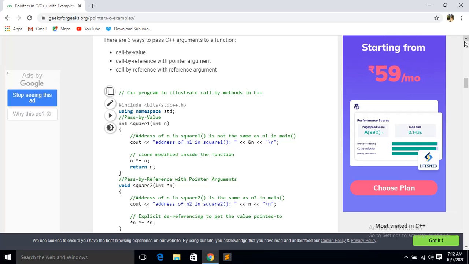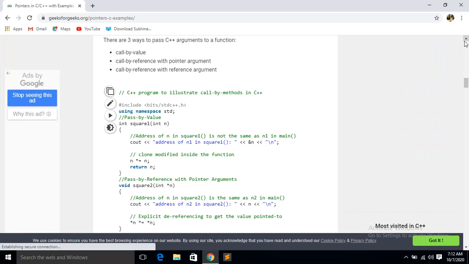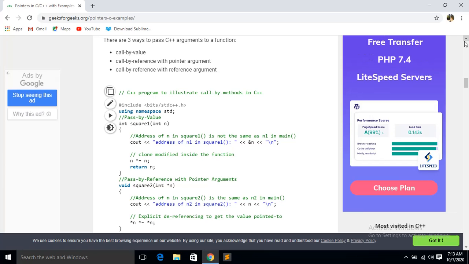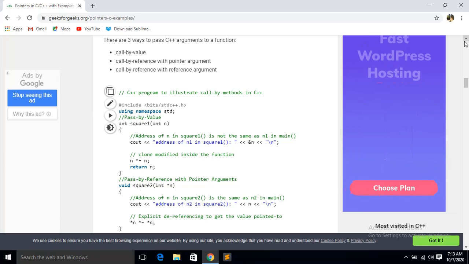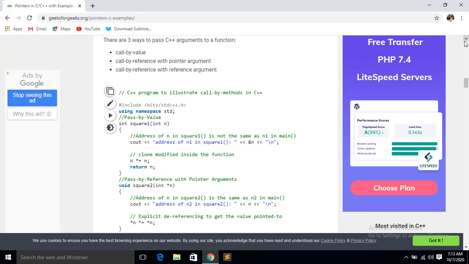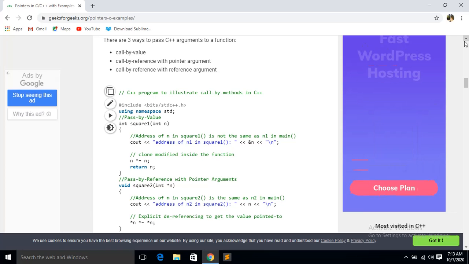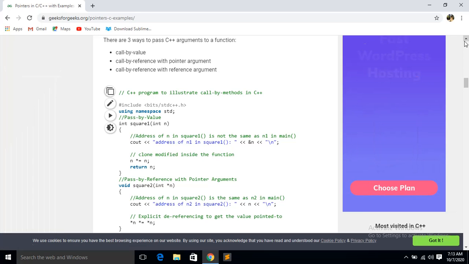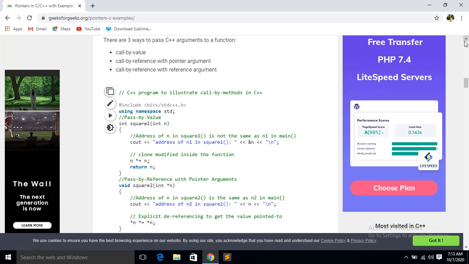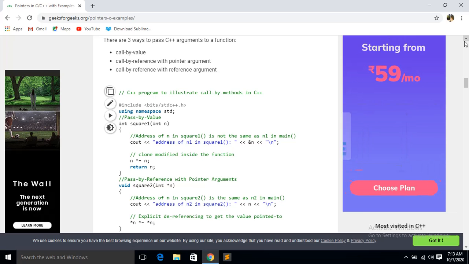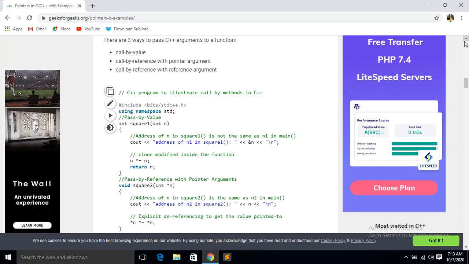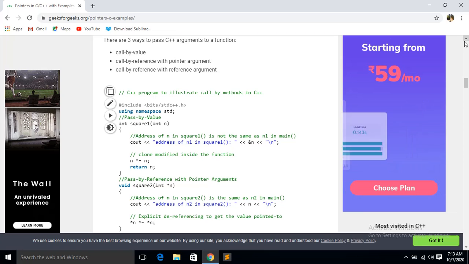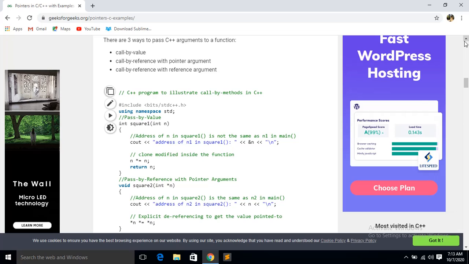One program is given on page number 372, program 8.1. You can follow it and note it down in your lab copy. Program to create two arrays to store roll numbers and marks of some students whose number would be known at run time. So this is the program. They have used the pointer and array combination. Next is another one, program 8.2 is also there. So this is the combination of pointer and array. Array you have already done in class 11.